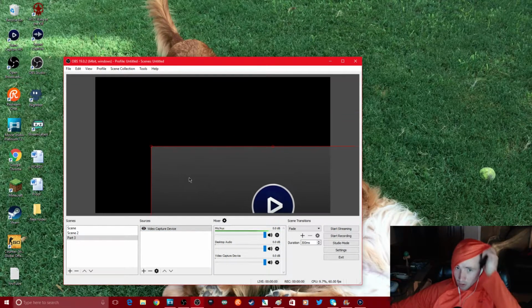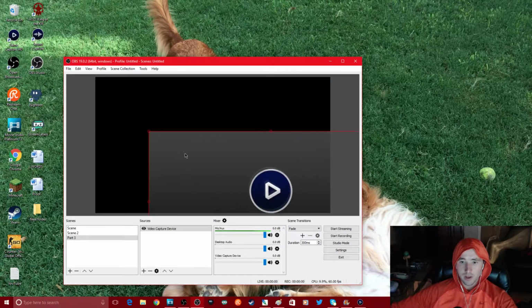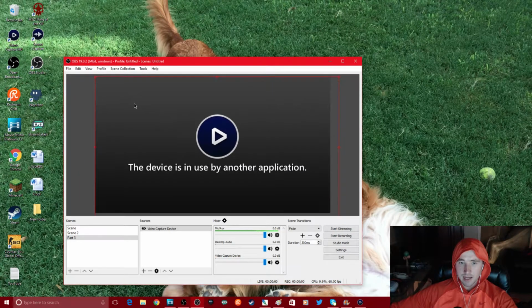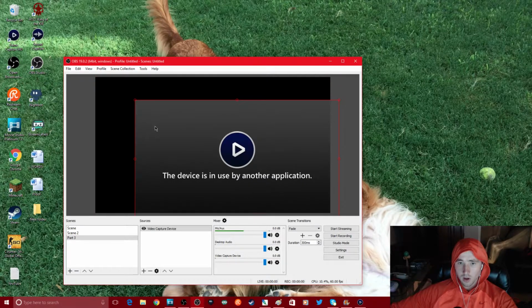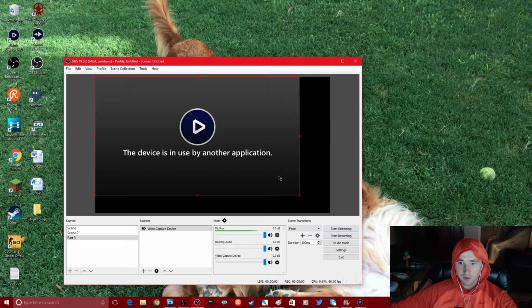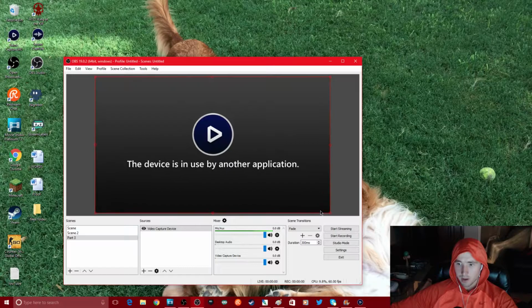to my window. You can see the black area, that's where your window is, and now I'm basically dragging my capture card. So the red border, I want to line it up so that it fills the entire black window. That way it would fill up the entire screen, the full 1920 by 1080. So now that my capture card is added to my part 3 scene,